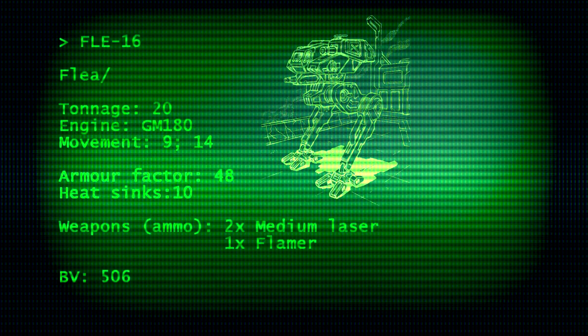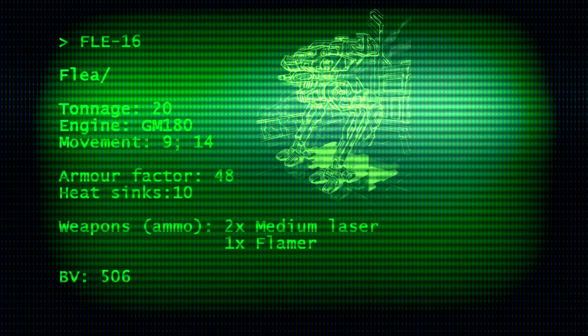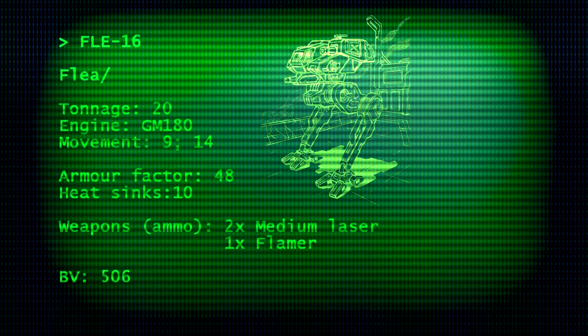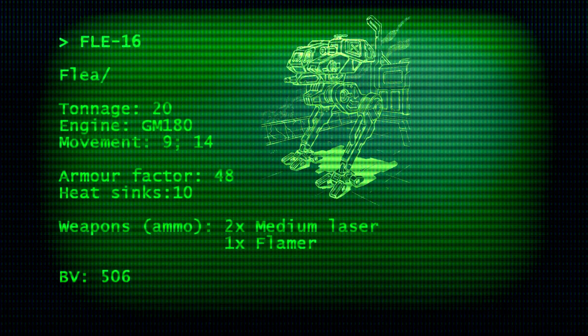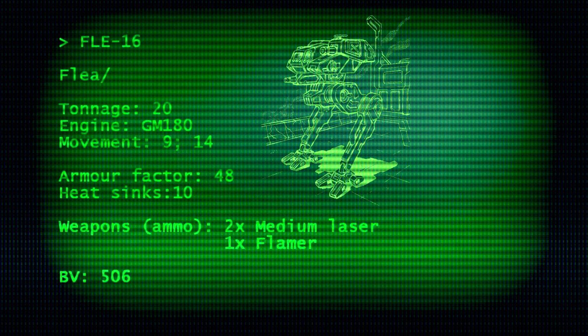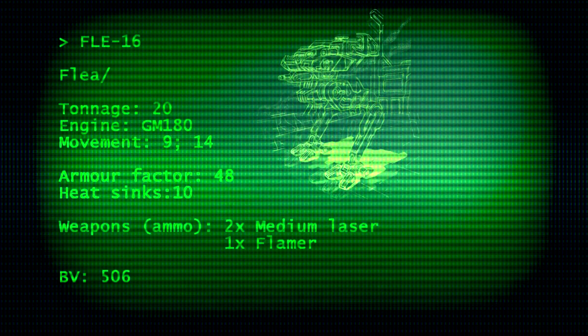For its weight class, it's rocking 2 medium lasers and 1 flamer. A lot of these 20-ton mechs you're going to see will have 1 medium laser with a couple of backup weapons. Medium laser, it's just so all-round. There's a reason it's the super generic vanilla weapon of the game. It's so flexible, so cost-effective. You really can't complain. The flamer gives it the nice option to provide some anti-infantry support if you play with infantry,